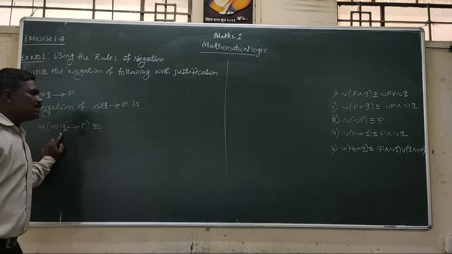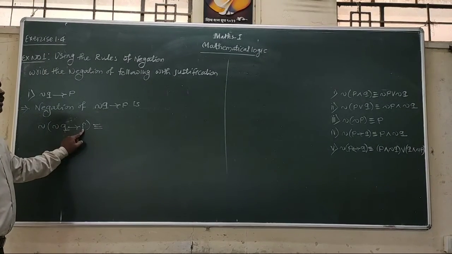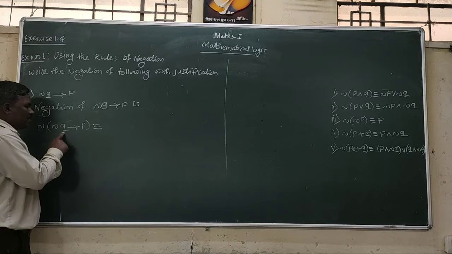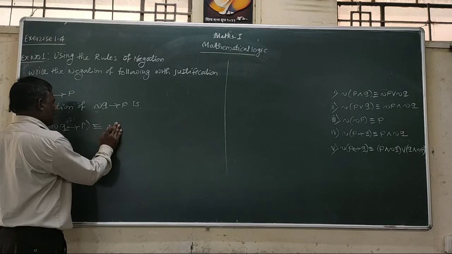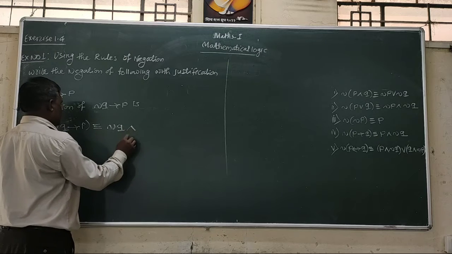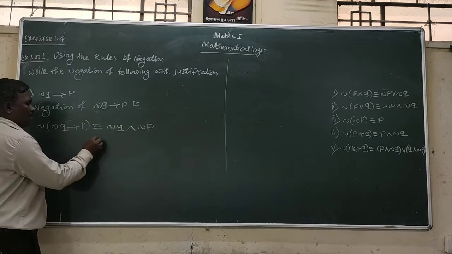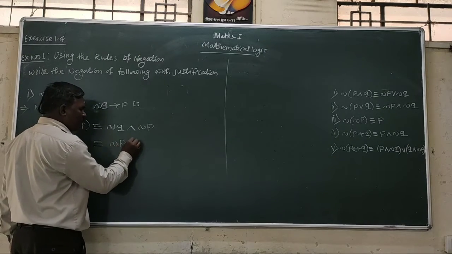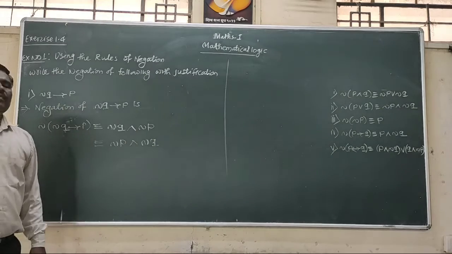Here p is replaced by q and q is replaced by p. Therefore the negation of in bracket q implies p is q conjunction negation of p, which is also equivalent to negation of p conjunction q